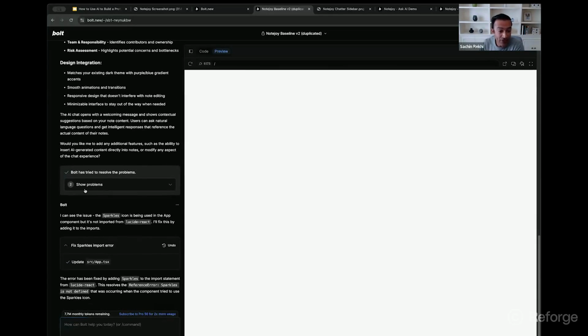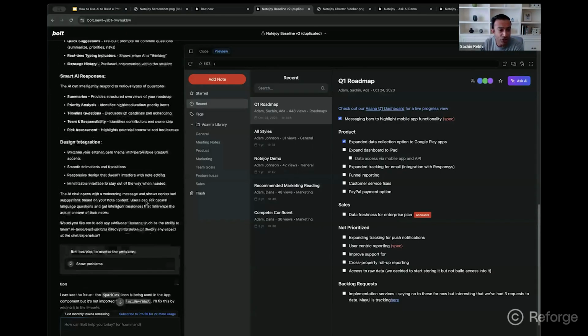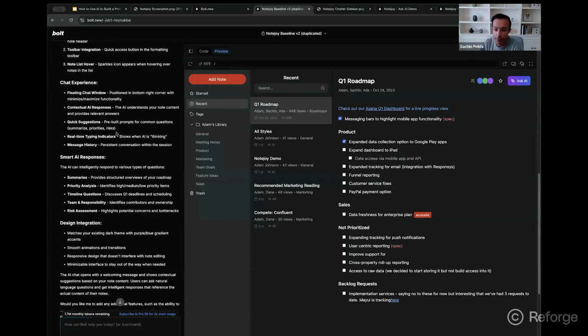Now, what's great is you can actually ask it to attempt to resolve that bug itself. And so I did that. I pressed attempt resolution. And luckily this time it worked. So it actually fixed the bug, and now we're back to our experience with the actual experience prototype. So now let me show you what it's done here.